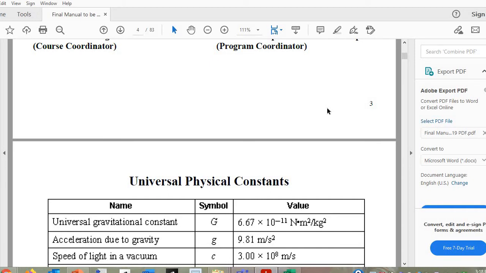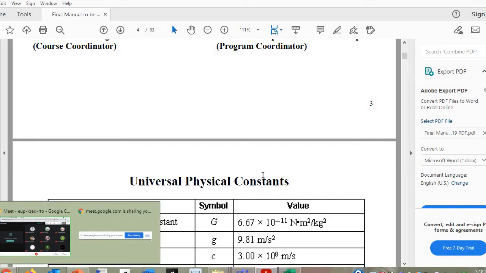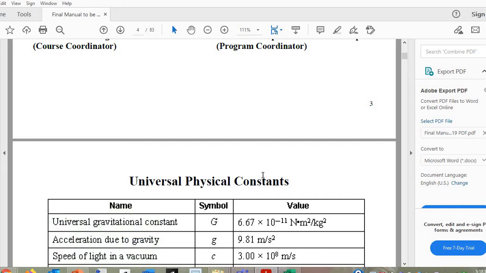Yesterday we saw 6 outcomes. Okay. Is my voice reaching you? Yes, ma'am. Okay. So is that clear that we have seen 6 outcomes: CO1, CO2, CO3, CO4, CO5, CO6? Okay. So in these 6 COs, how many COs are related to theory and how many are related to practicals?